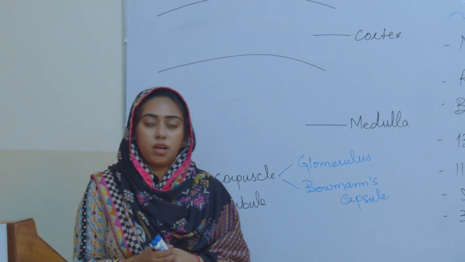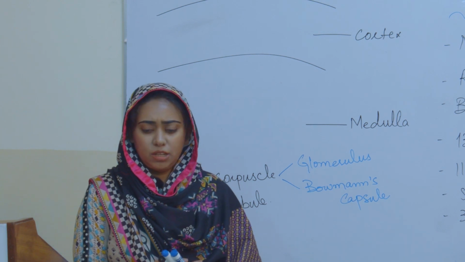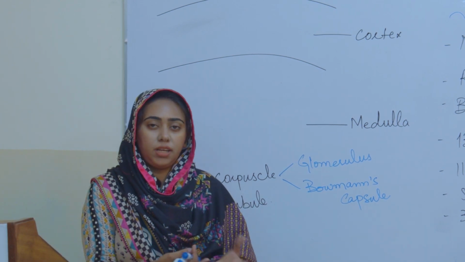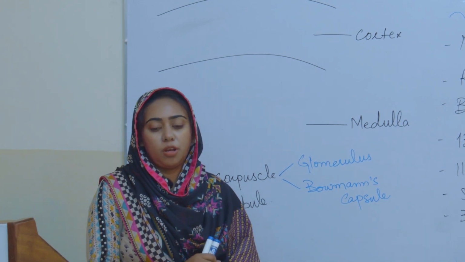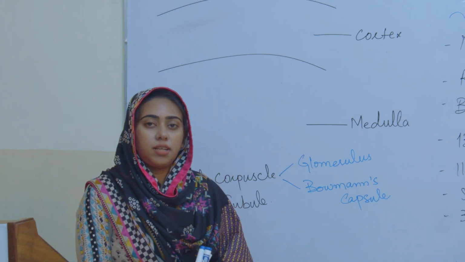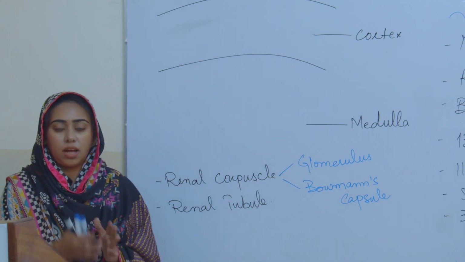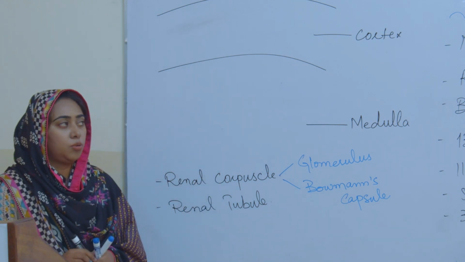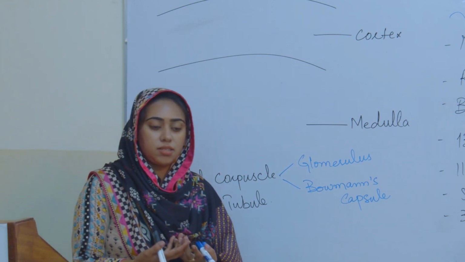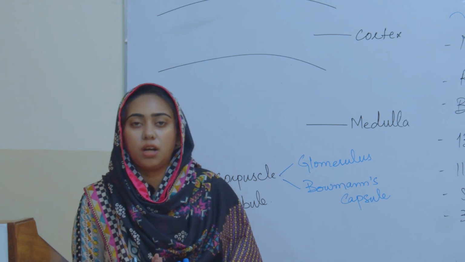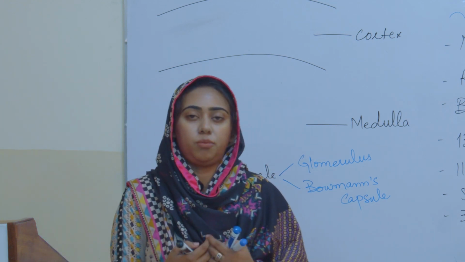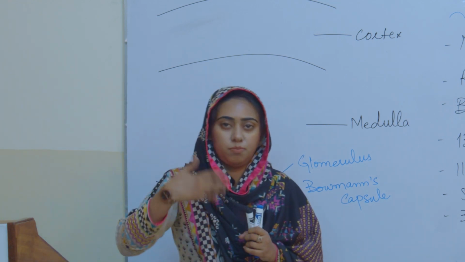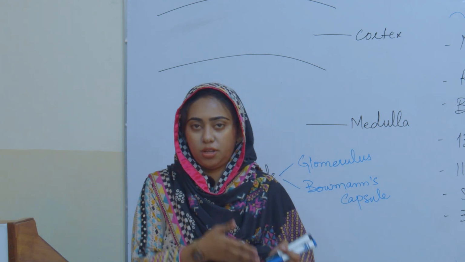So if we look at the location of the aorta and the vein, the inferior vena cava, the aorta is at the left side, while the inferior vena cava is at the right side. Both are connected towards the kidney. So the aorta is connected to the left ventricle of the heart, which takes the oxygenated blood from there, and it is making this blood available to the kidney.